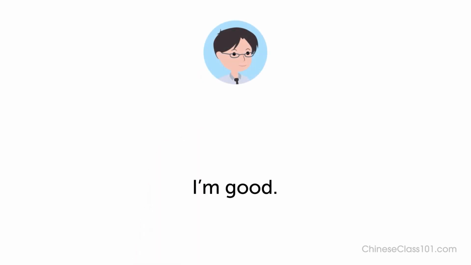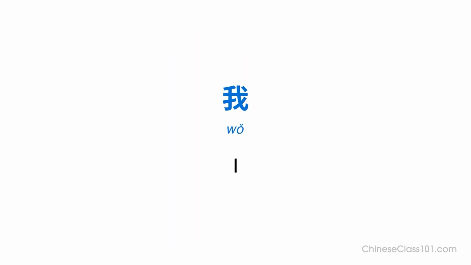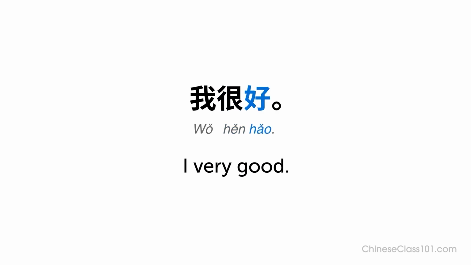Let's take a closer look at the response. Do you remember how Wei says, I'm good? 我很好。 First is 我, I. 我 Next is 很, very. 很 Last is 好, good. 好